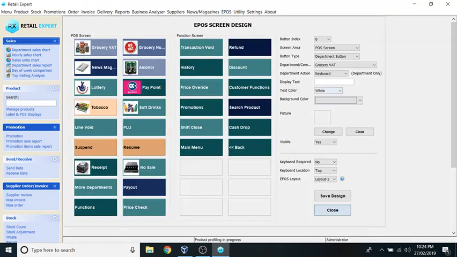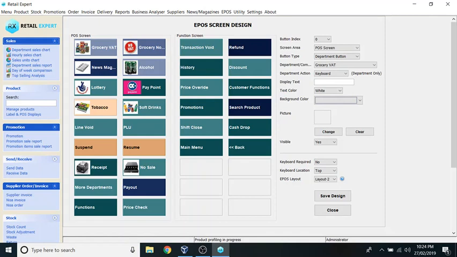We can assign any function to that button, say a function or a department. If you assign a department, we can specify which department and what action it must do when we touch that